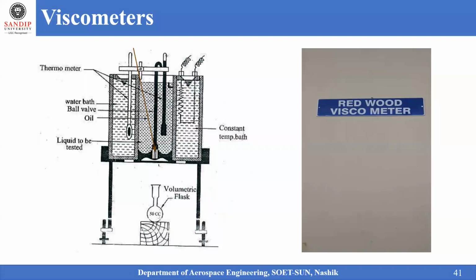For that 50 cubic centimeter, what is the time taken for the oil to fill that container? That will be noted at different time intervals. Like this, we will do 4 to 5 experiments, and then conclude about the viscosity measurement with respect to the variation. Then we will plot the viscosity variation by using the relation of the Redwood viscometer, that is AT minus B by T is equal to C.